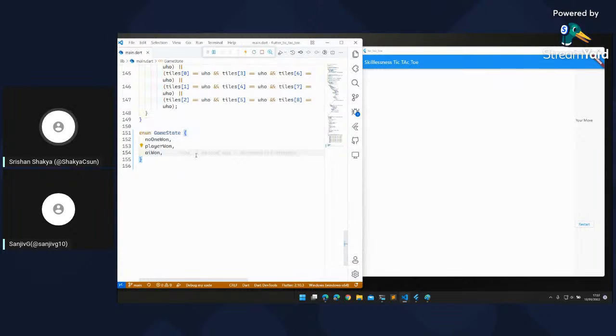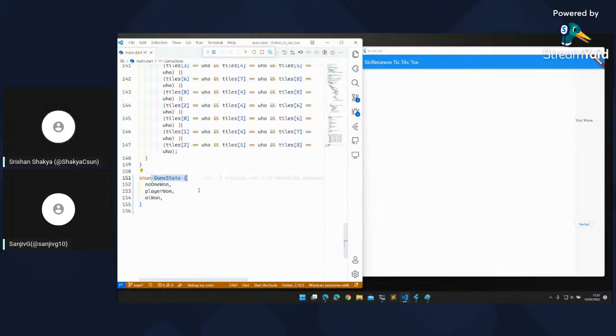Enums are a familiar concept, I think you are familiar with enums. Enums are just hard-coded values. This game state can only be either of these three things.